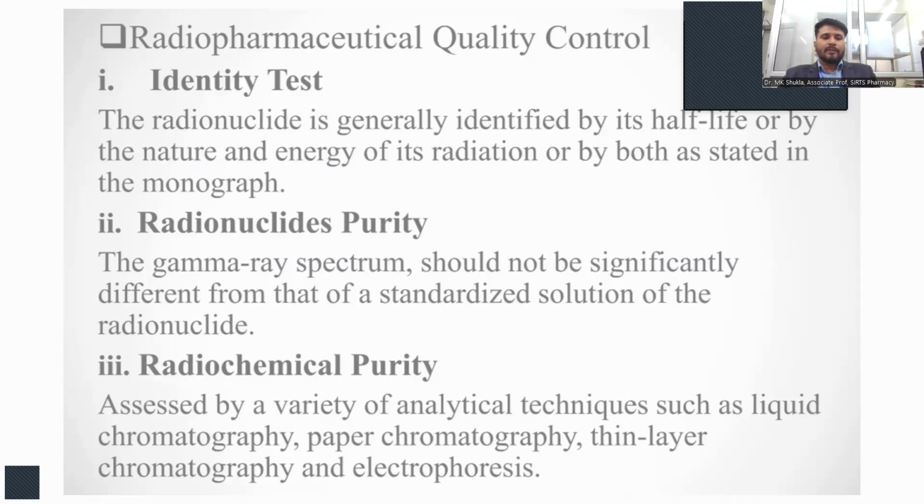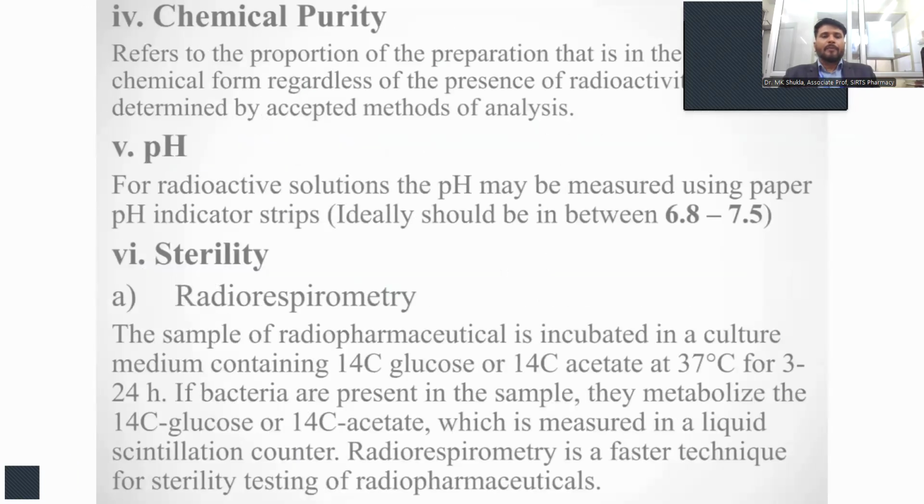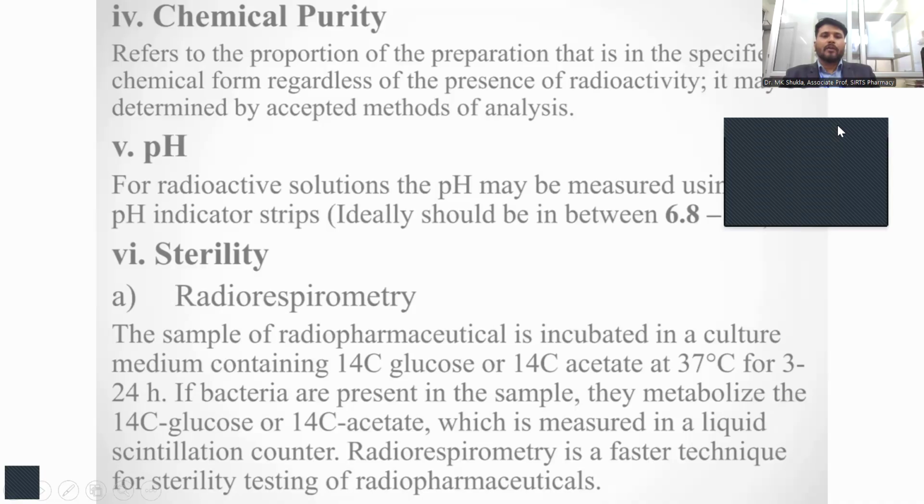Radionuclide purity can be assessed by a variety of analytical techniques such as liquid chromatography, paper chromatography, thin layer chromatography, and electrophoresis. Chemical purity can be checked,